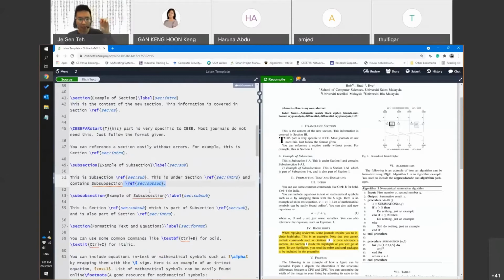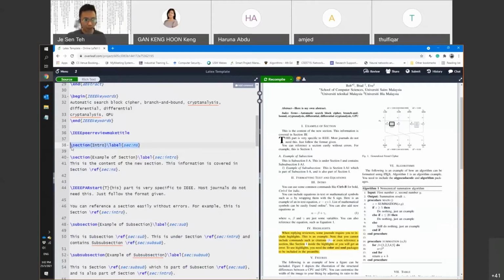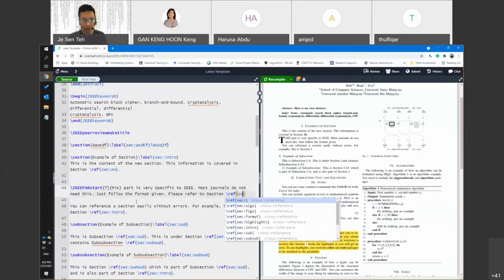Now I'm going to give you 5 minutes. I want you to try this. I want you to create a new section, and reference that section in any other section that you want. So this is what you need to do. Create your own section, name it whatever you want, create a label for your section. You can put whatever label name that you want, and then reference this section somewhere else. Let's say that please refer to section, remember, /ref. The label name is